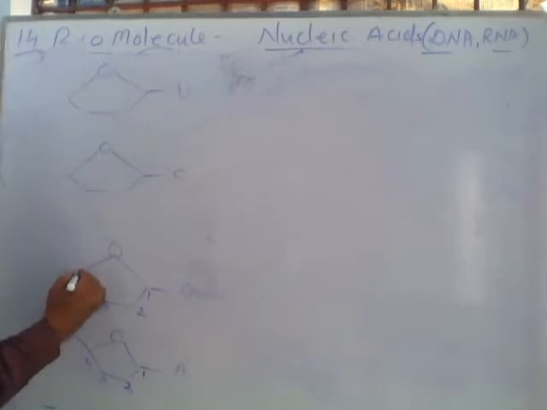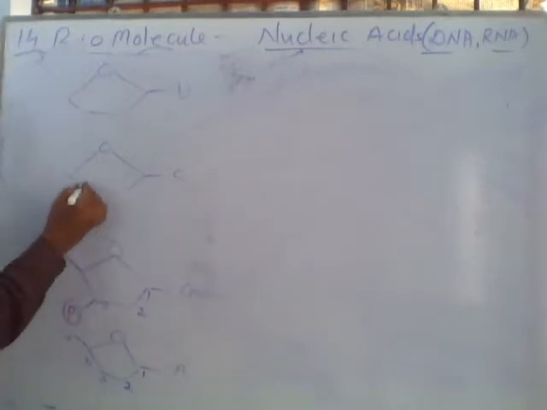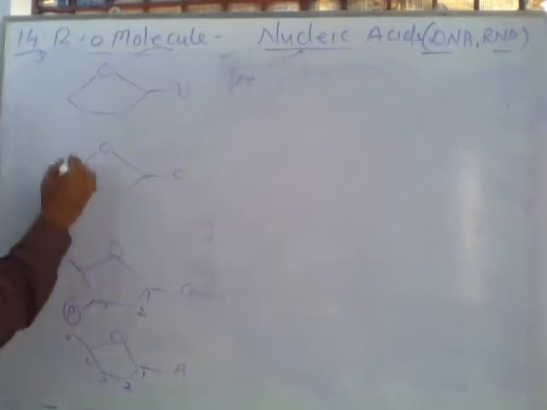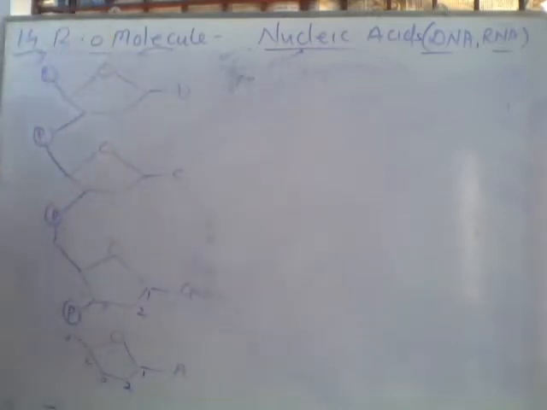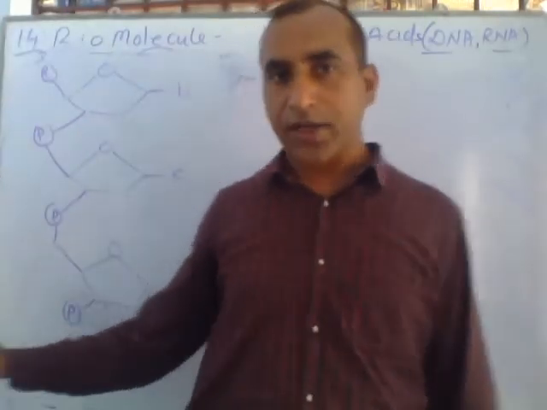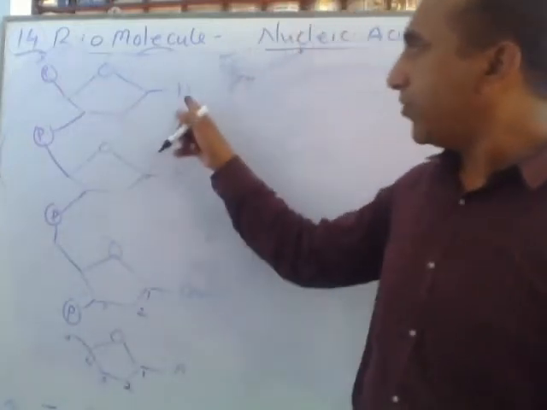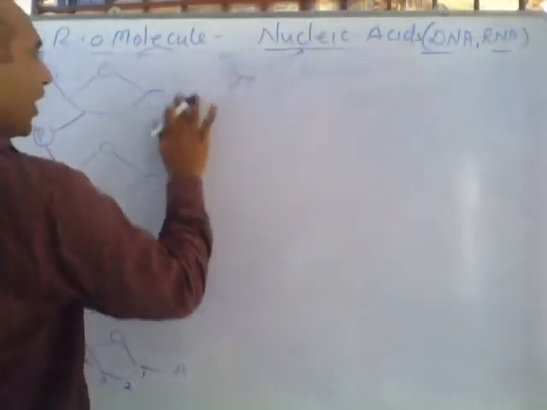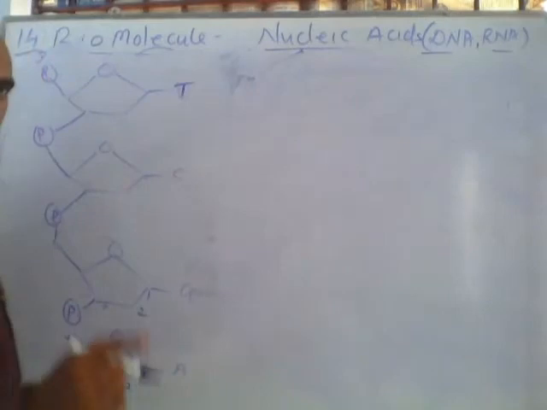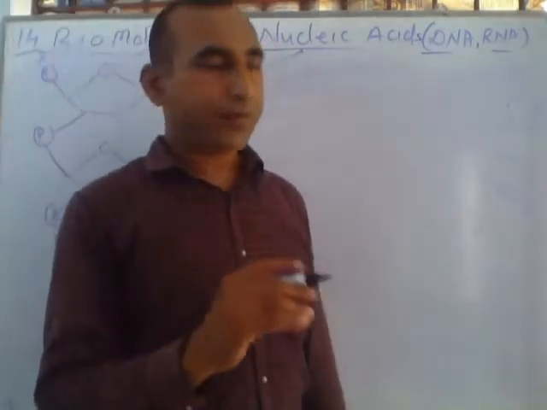Again here the fifth carbon atom and this is the third. 1, 2, third and fifth both form a phosphodiester bond by the help of phosphorus. Here again this fifth and this third, phosphorus, again fifth. So by phosphodiester bonds these nucleotides join together. This is the whole single chain. So this is the basic structure of RNA. In RNA we use ribose sugar and we use uracil as the nitrogen base. Suppose we are using thymine here. This is one single strand of DNA.